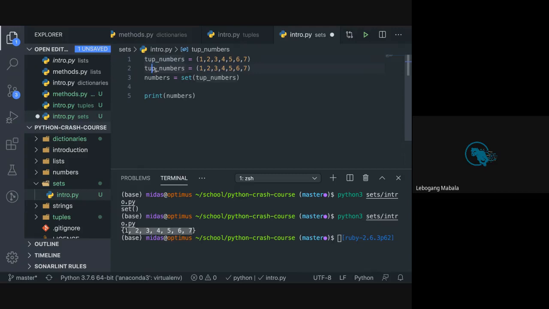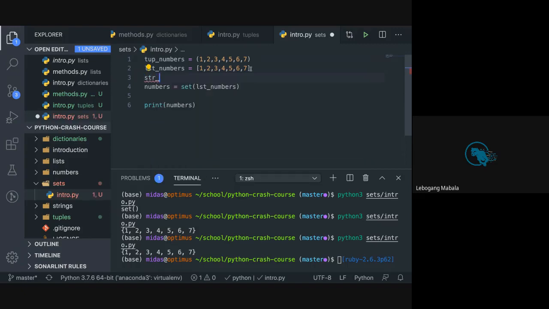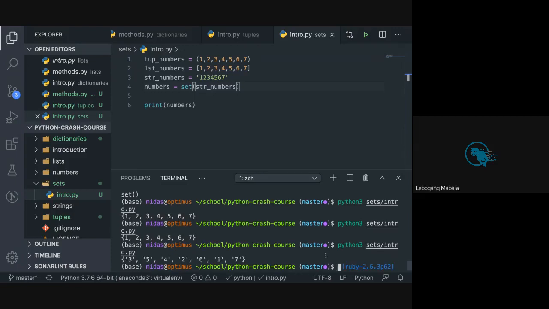I can do the same thing with the list. So I can just call this lst numbers and then make it a list, right? And then this should give us the same result, 1 to 7, right? I can also go str numbers and then make that 1, 2, 3, 4, 5, 6, 7, and then use this guy. Boom, you see that? So it gives me